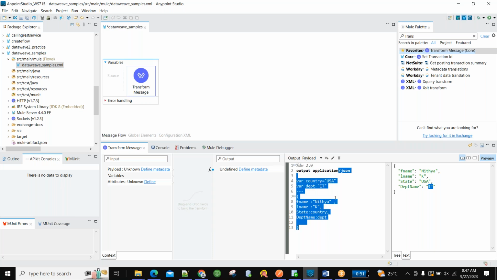So why are these variables required? To be frank, for reusability. For example, here I am populating the state value as country. Somewhere else in some other element I also want to populate the USA value. That means you write it once. So instead of writing USA multiple times repeatedly, you can declare the variable once and reuse it, right? See, here it is coming. You are declaring the value at the top at once and reusing it wherever you require.